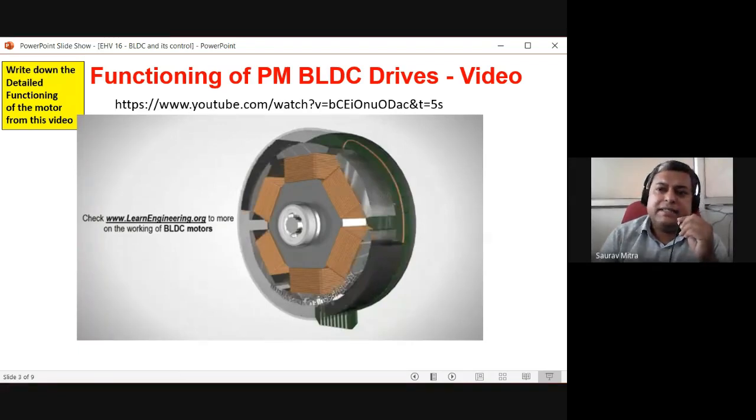But one very important thing is, as they have said toward the end, that we should know which coil to energize. That is the biggest problem in the case of a BLDC motor, because if you want the motor to rotate in the anti-clockwise direction, then the field you are energizing should also rotate in an anti-clockwise direction, and the speed with which we rotate that electric field applied to the motor will be the speed of the motor. So we are rotating that electric field very fast in the anti-clockwise direction from one coil to another, and that will be the speed with which the motor rotates. This is a very important thing, we have to remember this.